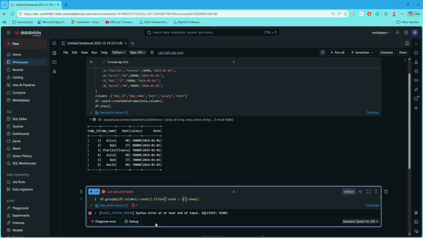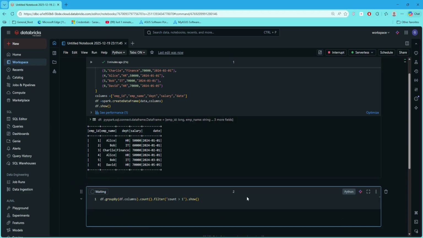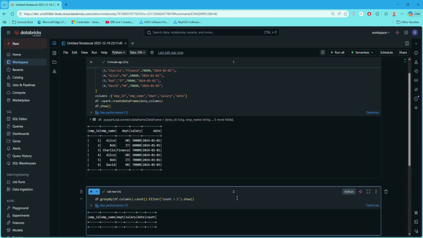I'm sure something is wrong in my keypad or something. I'm just trying to type it without seeing the keyboard, but I'm not going to do that again. Let's be careful. Okay, so